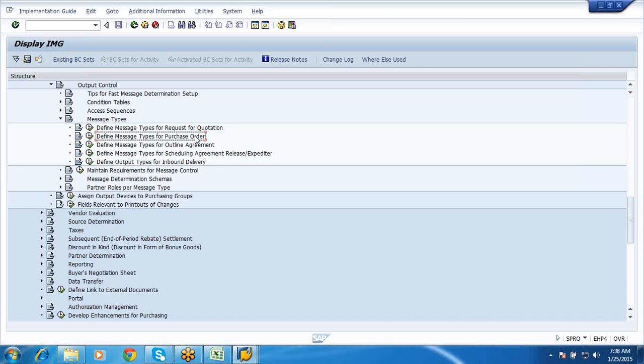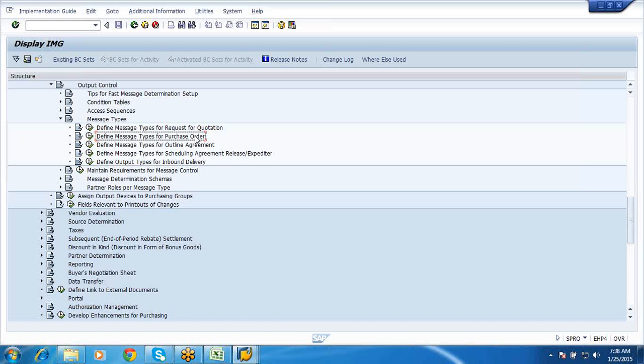Not mandatorily. See, in some projects you get an opportunity to work on one area, in some others you get an opportunity to work on another area. But we need to be very specific. If something other than this, whatever people ask, please say I have not worked. Because this is more than sufficient. I am damn sure that the interviewer cannot ask any other questions other than these topics.